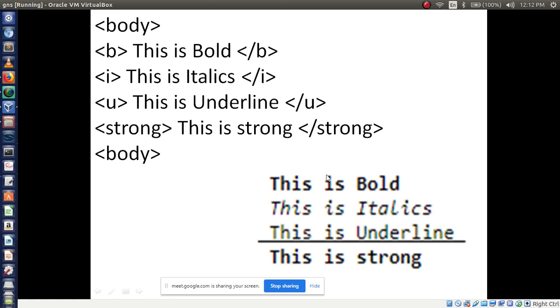This is underline, so underline is displayed here. And I already told you the strong tag is also similar to the B tag, it will also display in bold. So these are our font style tags, that is B, I, U and strong. I hope it is clear to all of you.